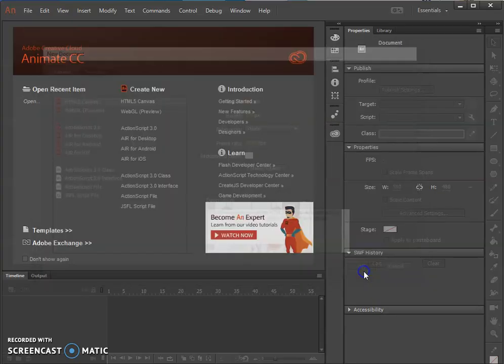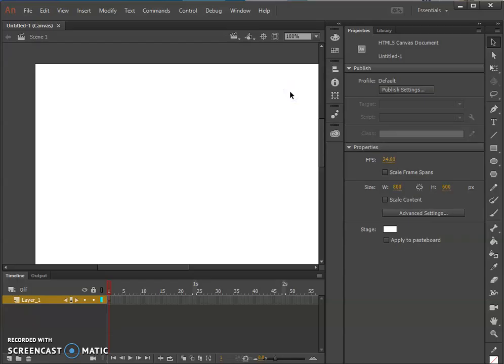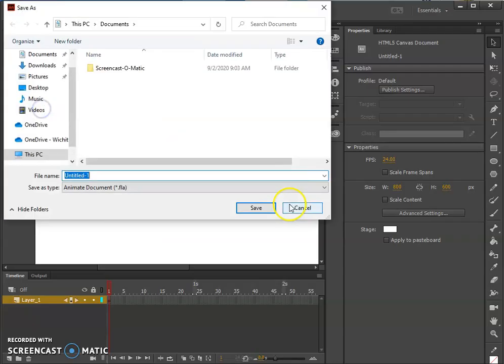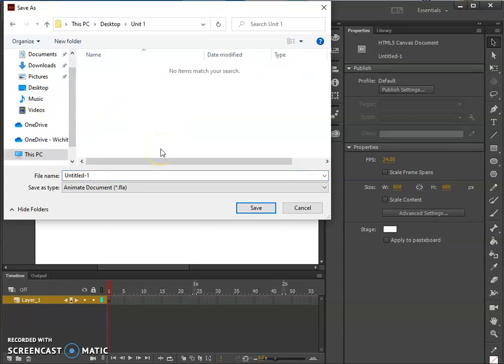So I push OK. And now I'm going to dismiss that box and save the workspace. In my case, I'm going to do a Save As, navigate to my desktop, and put this in Unit 1. Now you don't have to do that. Your saving schema, I think we'll call it, will be different, but the very first one I'm going to call 01 working